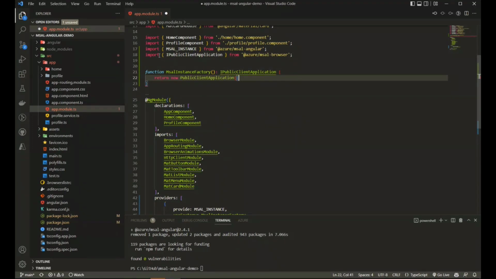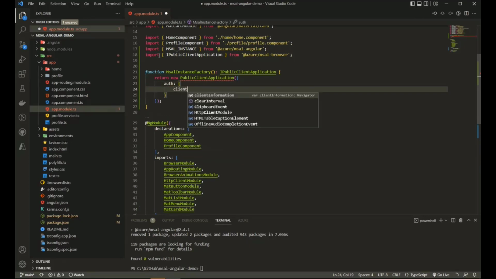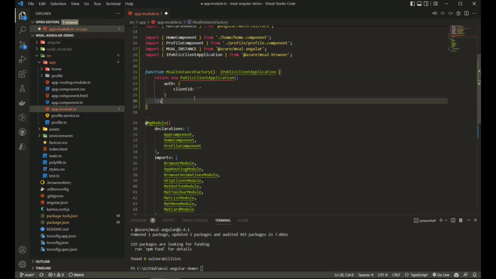And what we're going to do is instantiate this class. Now, this class expects some configuration. I'll pass my configuration object here. At the very least, you'll need to have a client ID. And where do we get that? Of course, we will get this by registering an application on the Microsoft Identity Platform.